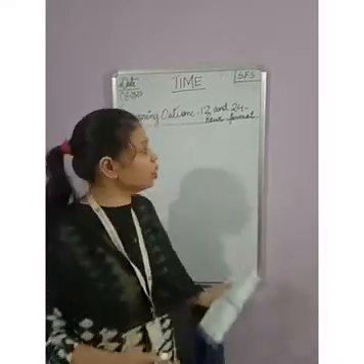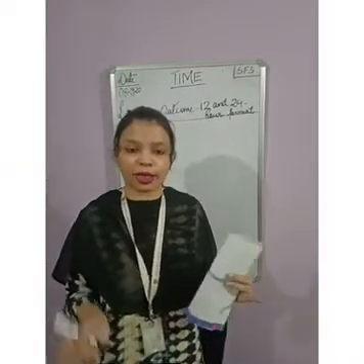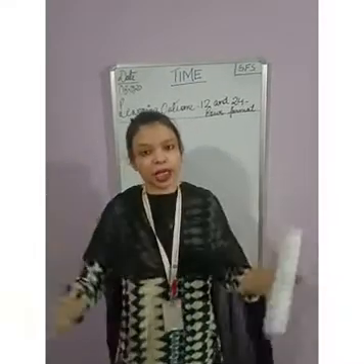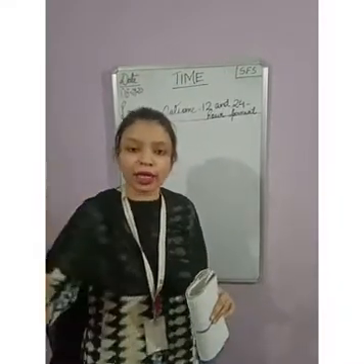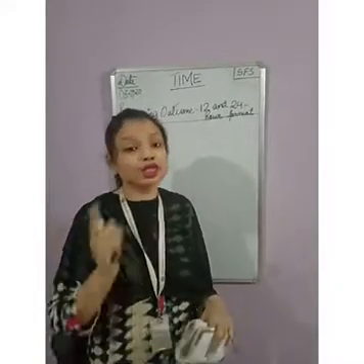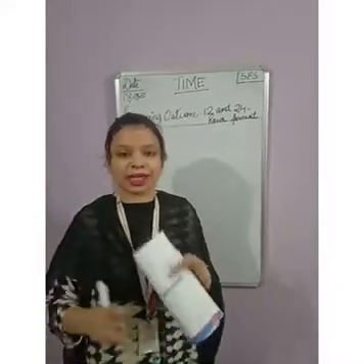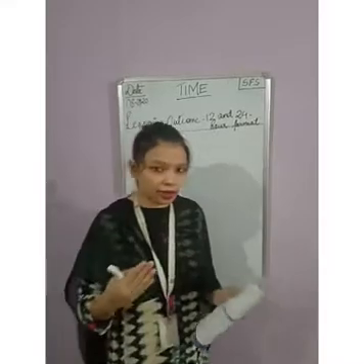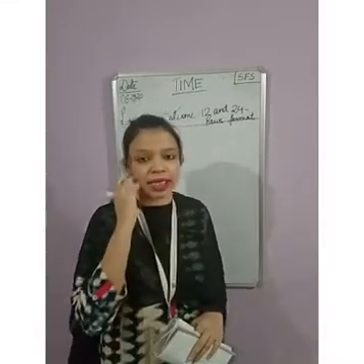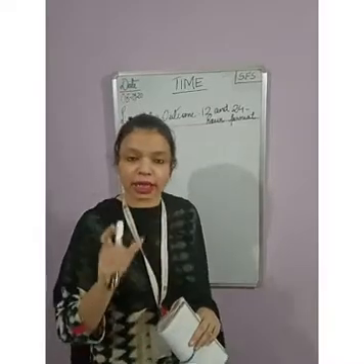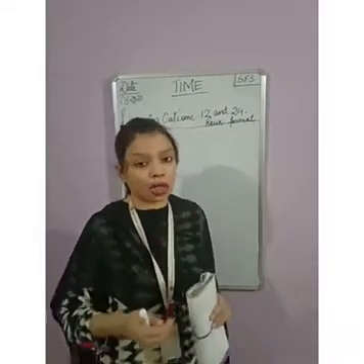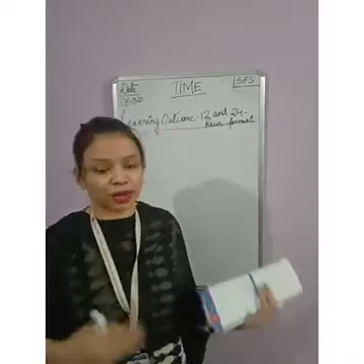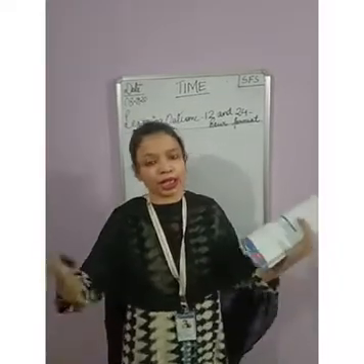Okay children, so 12-hour and 24-hour format, there are two formats of reading time. The first one we have already learned, using a clock, the analog clock, where there are 12 numbers starting from 1 till 12. Each number is separated by 4 lines, so the difference between any two numbers is 5. That one we already know. There are two hands in a clock. The first is the short hand, known as the hour hand, and the long one is known as the minute hand. So we know how to read and write time in a 12-hour format in an analog clock.